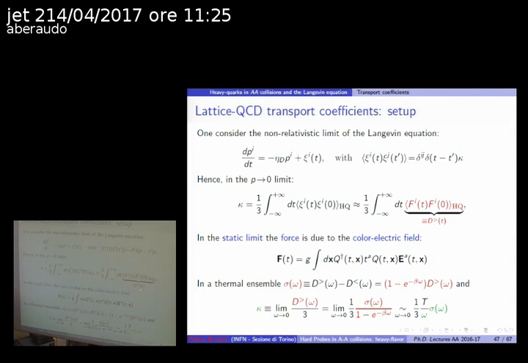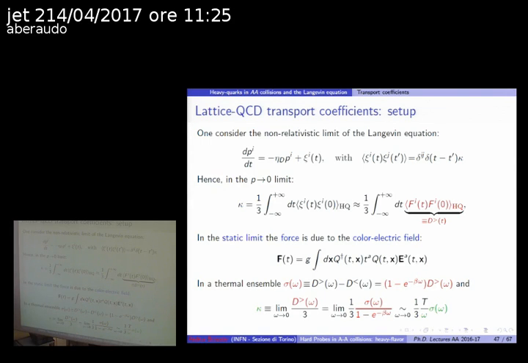So usually these correlators in thermal field theory are called D greater. In the limit in which the quark is infinitely heavy, the only force which is relevant is the color electric field, because magnetic forces are not important. So the quantity that I want to evaluate in order to extract kappa is an electric field correlator. And you can show that this is nothing but the zero frequency limit of its